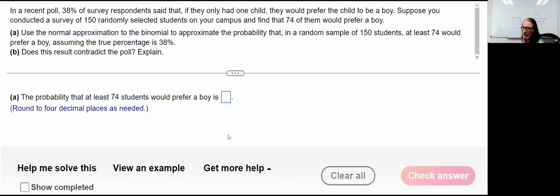We have, if we assume that's 38% or 0.38 is the probability of success, although that came from a poll as well. Suppose that it pretty accurately matches up with what we would see in the entire population. And then independence, that would be going along with the randomness. Okay, so before we get to finding that 74 of them would prefer a boy,